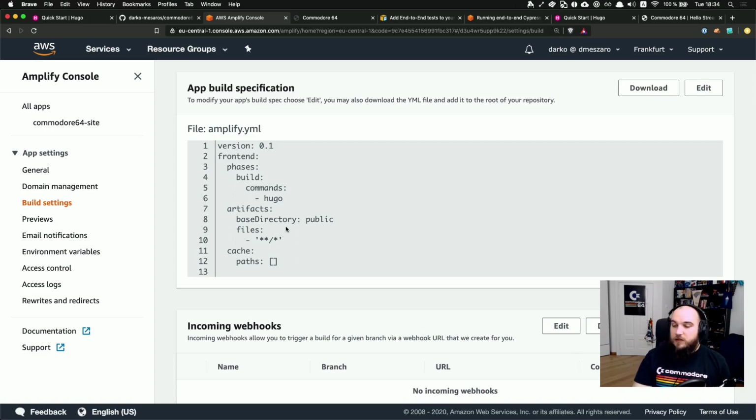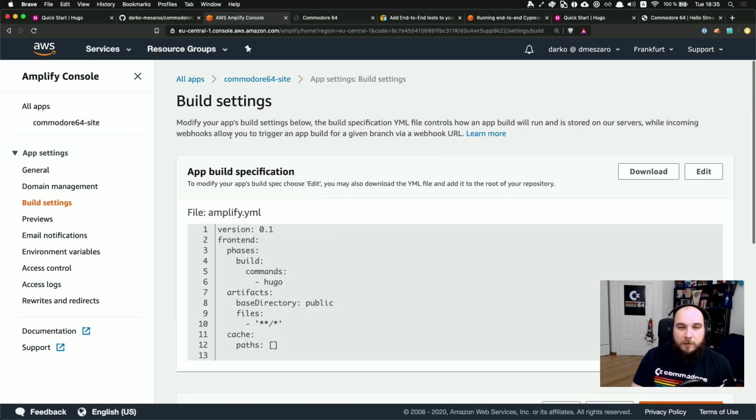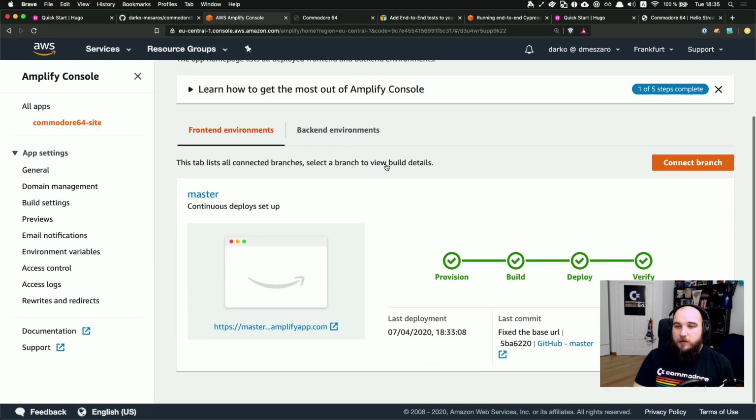Yes, Nuxt.js, Ian says, yeah. I actually have a friend who has a company that does web development, and they do a lot of things with Nuxt.js, and a lot of the time they use Amplify Console as the platform to host Nuxt.js websites. So pretty cool. And Gatsby, yes, there's a great example with Gatsby as well. Hugo was always kind of the first thing I tried, and I really do enjoy using Hugo as well. But going back to this one,